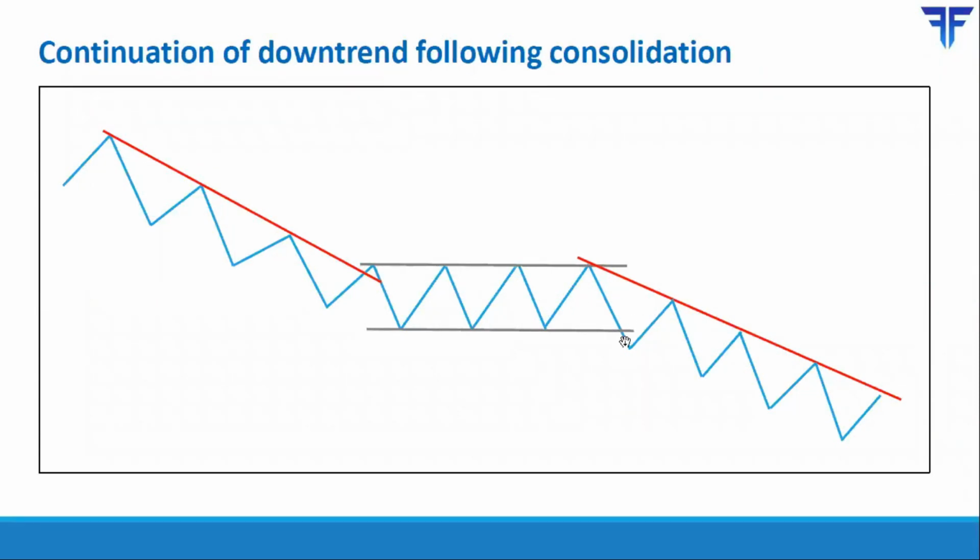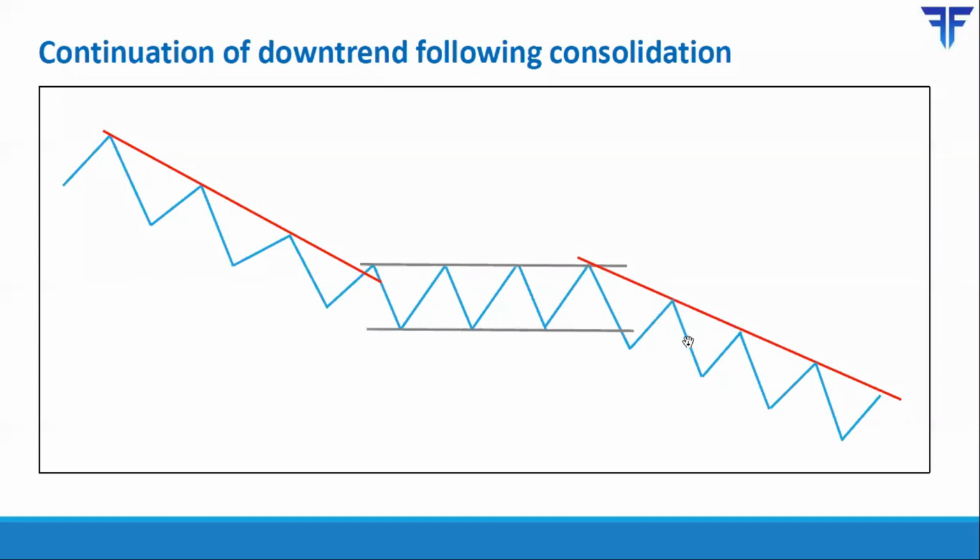So as you can see, when price managed to break this lateral band, you had the first sign that the downtrend is again resuming. From there, after making a new low, price rallied but did not cross above its previous high. If you see, it did not even reach the level of the previous high.